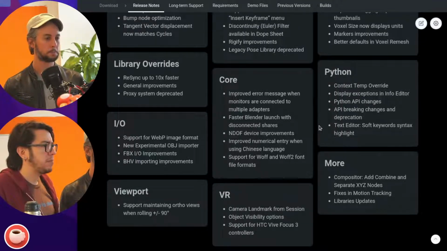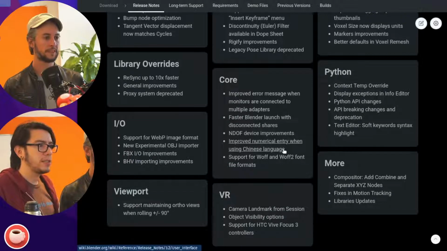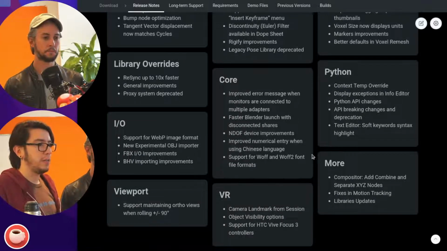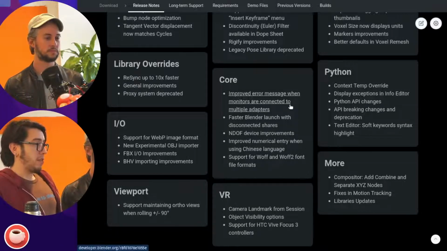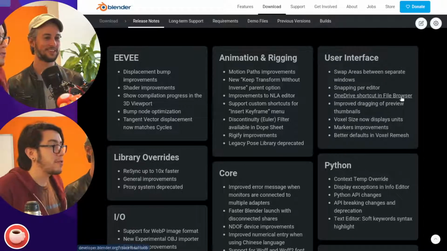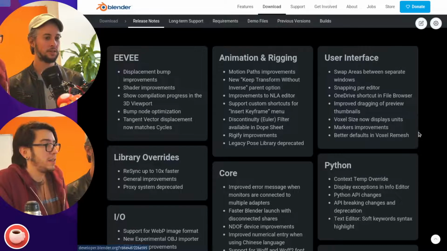What else? Actually, we have Chinese language for numerical entries. It's also very important. Improved error messages. I mean, a whole bunch of updates everywhere. If you use OneDrive, now there's a shortcut. If you use Windows,